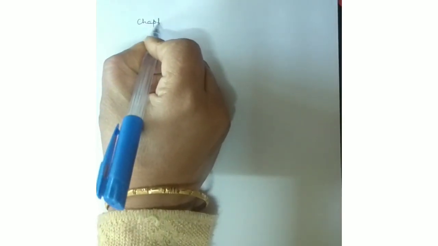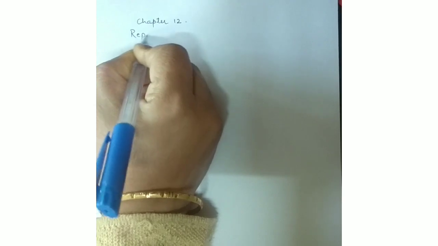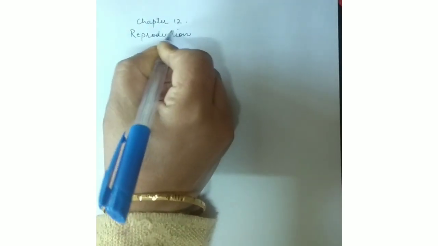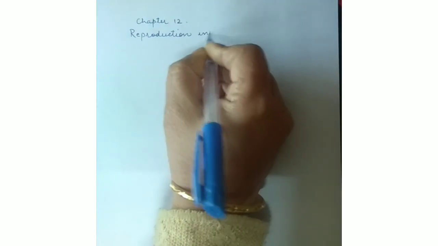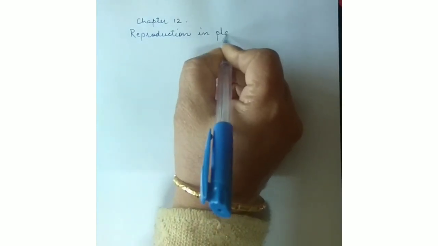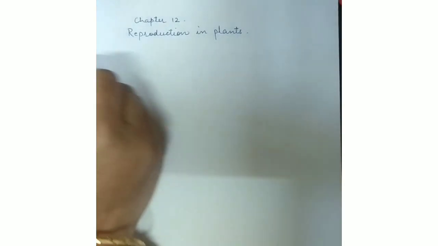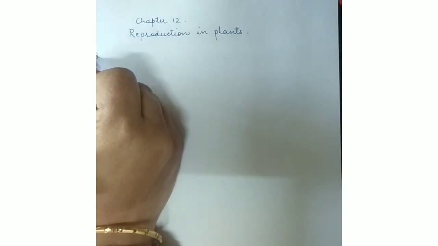Okay. First of all, write down the heading. Chapter 12, that is your reproduction in plants. Your first question is,